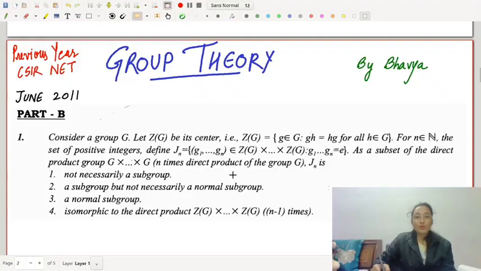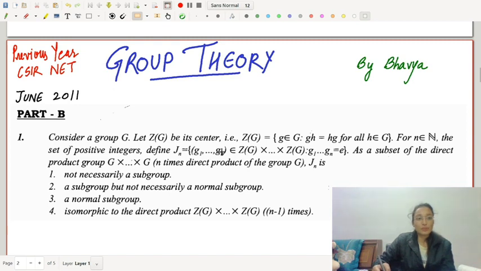I have decided to start the playlist of past year previous questions which had come in CSIR NET from June 2011 to 2022 and discuss its solutions. First I will start with linear algebra and group theory and then the rest of the subjects. So in this lecture I will discuss the questions of group theory, which had come in past year CSIR NET papers,